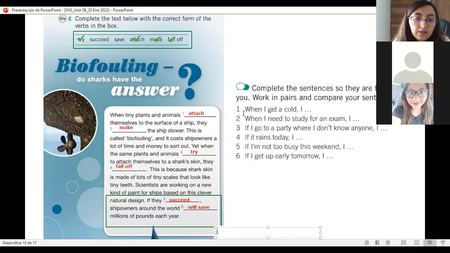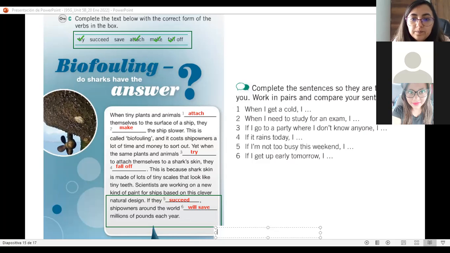Acuérdense que tanto en el first conditional como en el zero conditional pueden encontrarse ya sea con if o con when, ¿sí? La palabra if nos va a permitir hablar de cosas que son posibles de que sucedan y la palabrita when cuando las cosas definitivamente van a suceder, son ciertas como en el zero conditional.